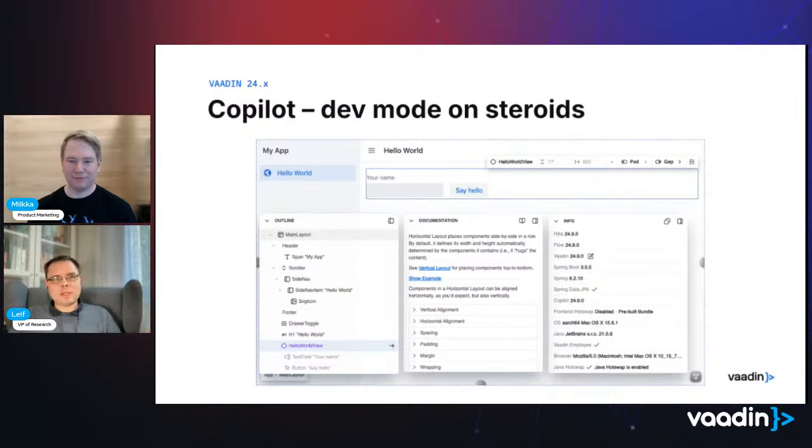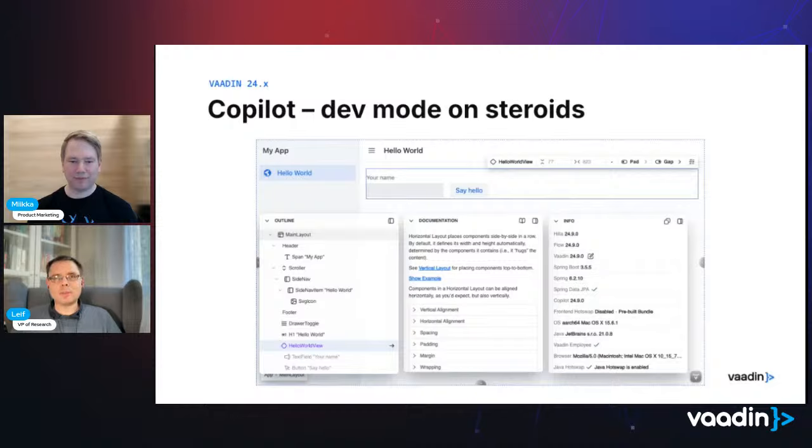We named it Copilot, which is maybe a little bit confusing because it does much more than what you would expect from other products named Copilot, because it's really kind of all the things you need in development mode. So getting an outline of the component hierarchy that is rendered, instant access to documentation for the component you select. You can adjust the sizing and positioning of components visually, immediately see the outcome, but with the really cool technology behind it that it updates your existing Java or React code rather than requiring you to define those components with